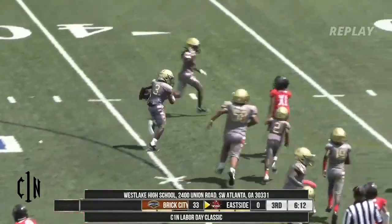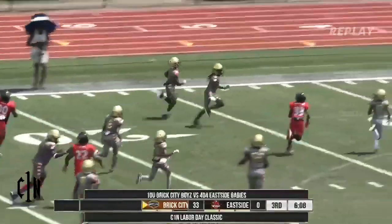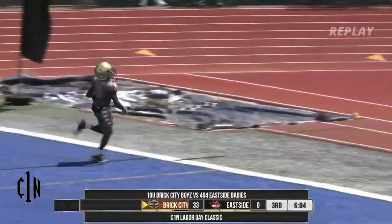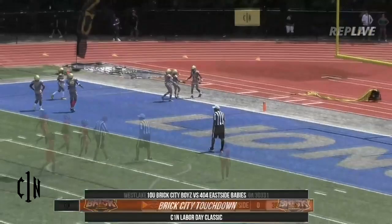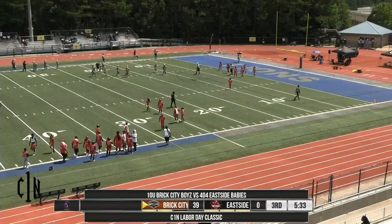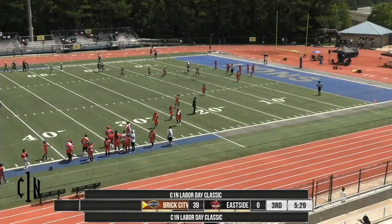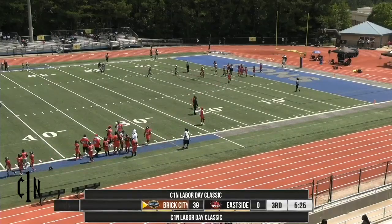I just don't understand this at all. This is a head scratcher if there ever was one. The ball being set at the 3-yard line. And the fans,